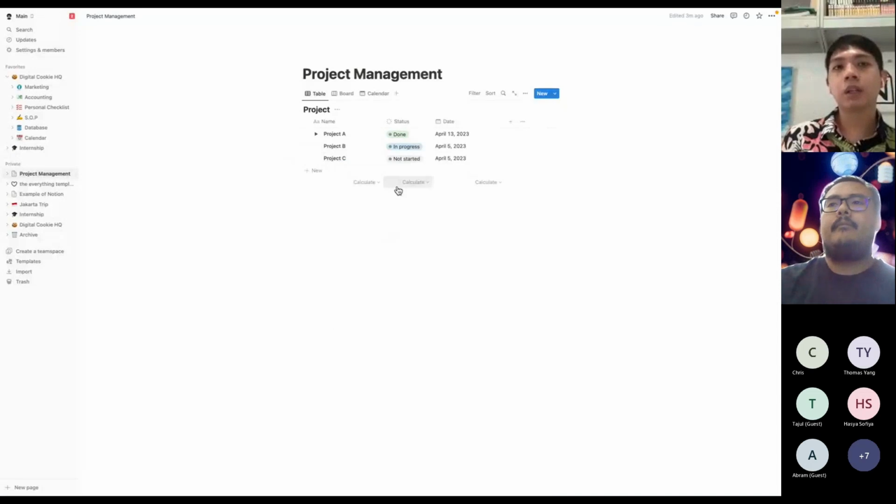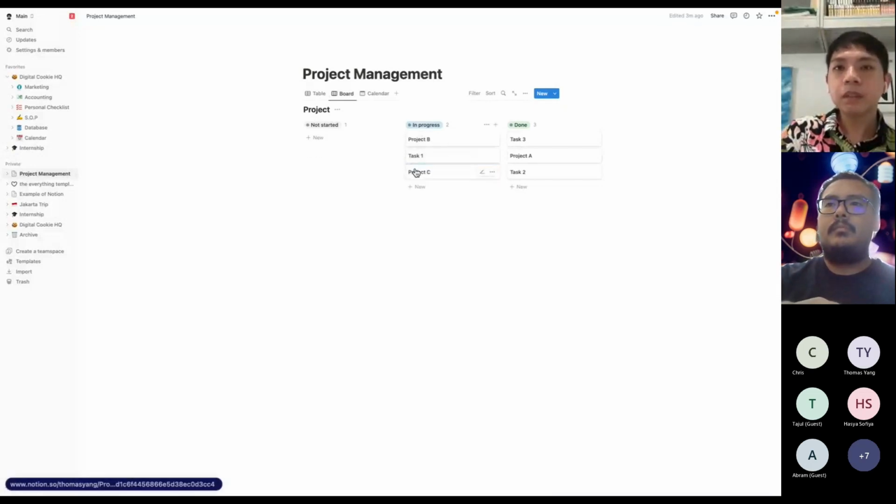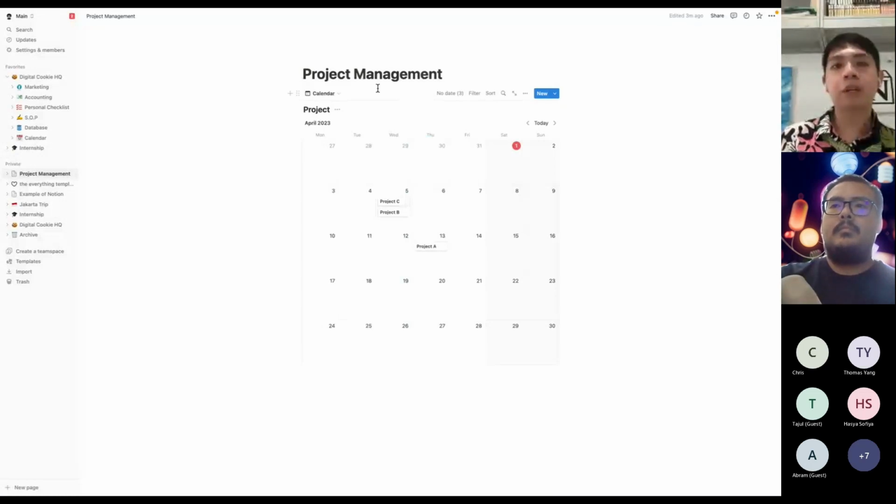You can imagine, for example, in one use case for my clients, they have admins who are used to more traditional data entry in Excel format. That's when she prefers this table format. And then we have a sales team, who would be more used to Trello, for example, a Kanban board, which is where they use this Kanban. And then the manager wants an overview of what is going on in terms of tasks, what people are doing. That's where they have this project calendar to have an overview of everything going on. So this is one of the strengths of Notion, having different views in separate pages.